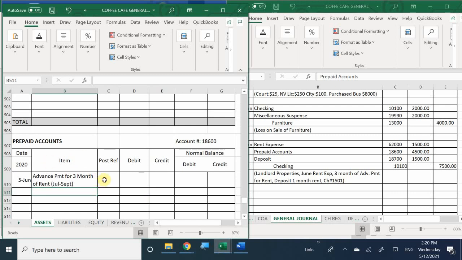And my post reference here, General Journal number 1, right? And how much did we debit this for? For $4,500. You could also add right here that rent expense per month is $1,500